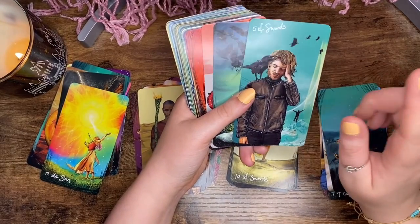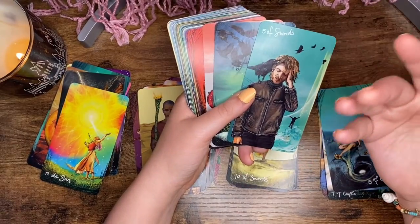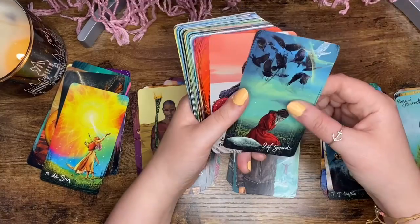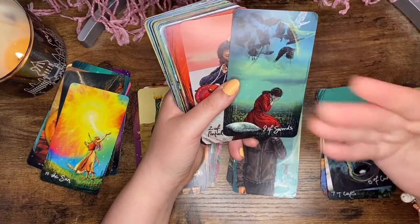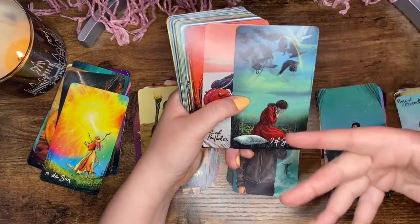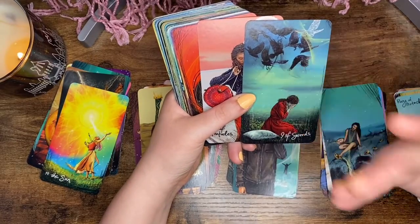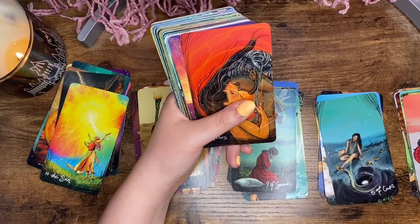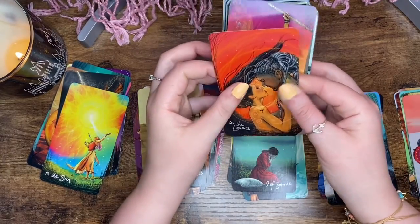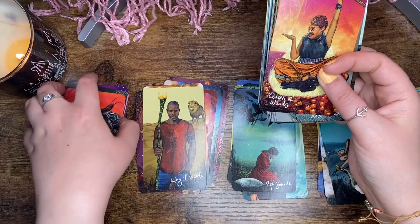I use a lot of the imagery to try to tell me what's happening, because like I mentioned earlier, I don't know all of the card meanings yet. So yeah, I like to take my time with it and really study and take a look at what's being presented here, what's happening, what is it trying to tell me through the imagery. But I can already kind of feel like I'm going to be the type of reader that wants to try to help people,